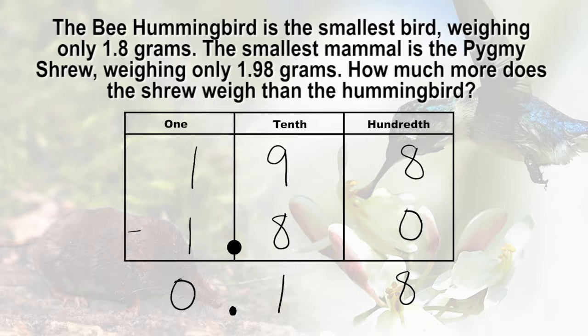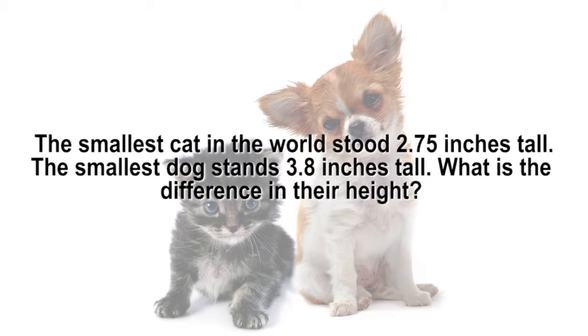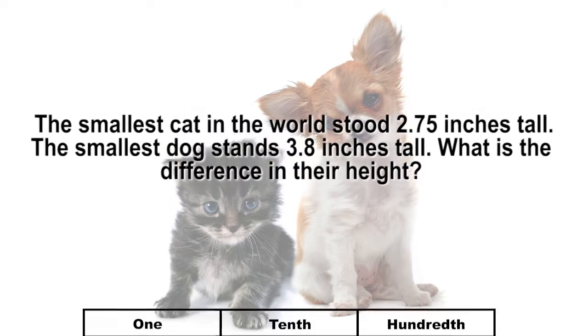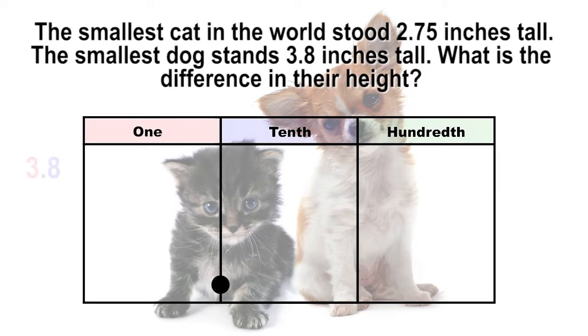Let's do another problem using our decimal chart and place value blocks. The smallest cat in the world stood 2 75/100 inches tall. The smallest dog stands 3 8/10 inches tall. What is the difference in their height? In order to find the difference, take the height of the dog, 3 8/10, and subtract the height of the